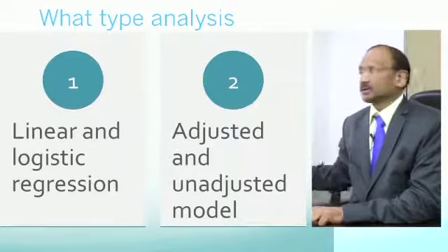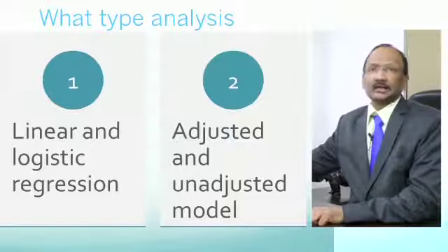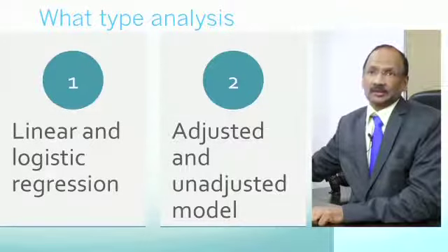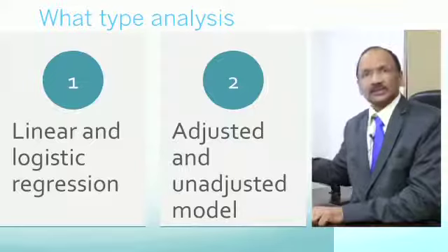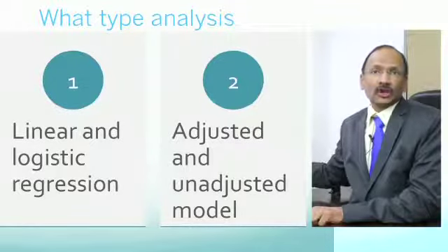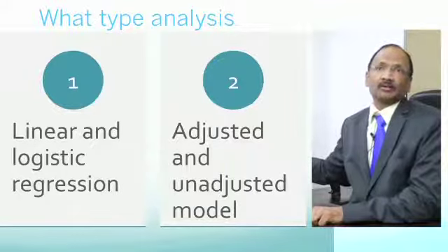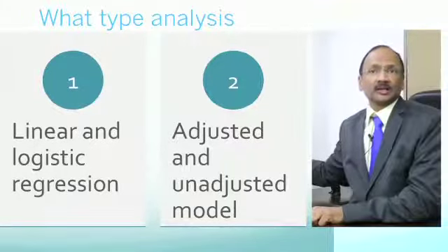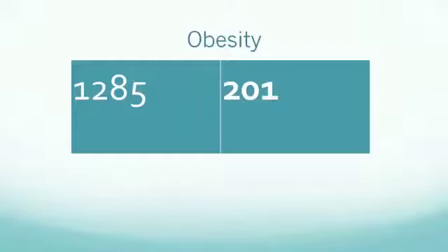We also did a linear logistic regression and used the adjusted and unadjusted models to produce a robust statistical model which can stand the scrutiny of the scientific community and the peer review process. We were lucky to have this accepted for publication in the Journal of Andrology, which is being published in the month of October